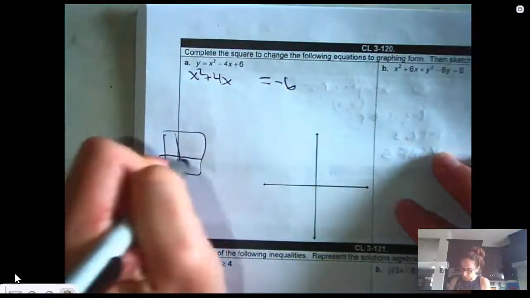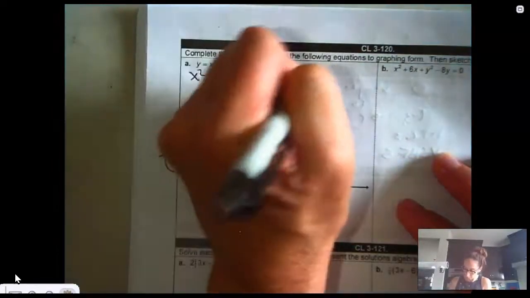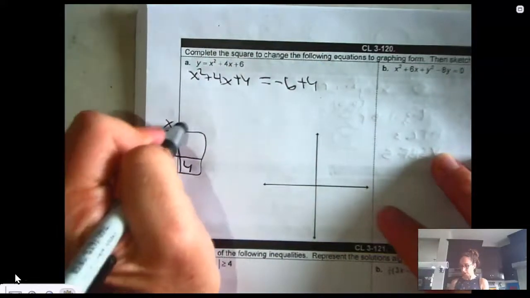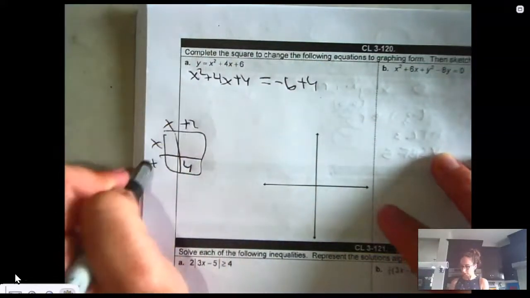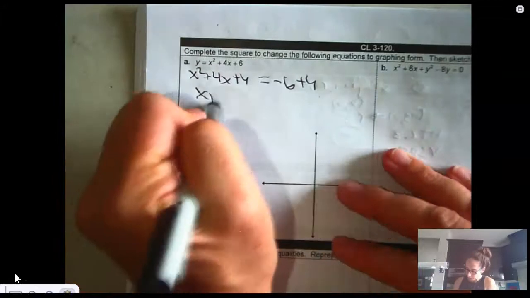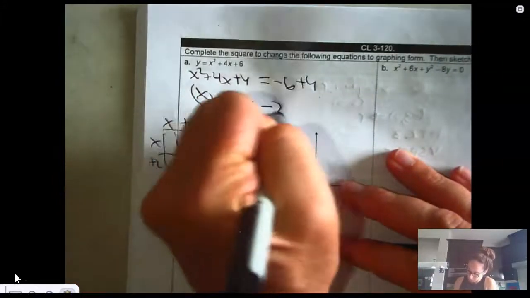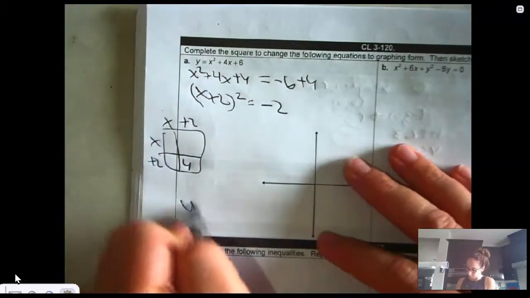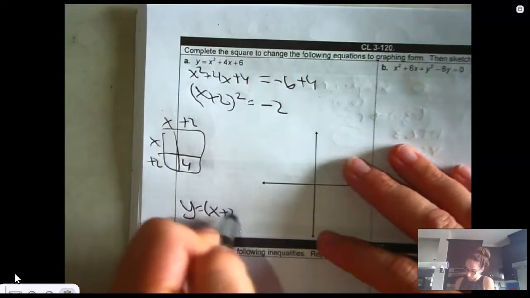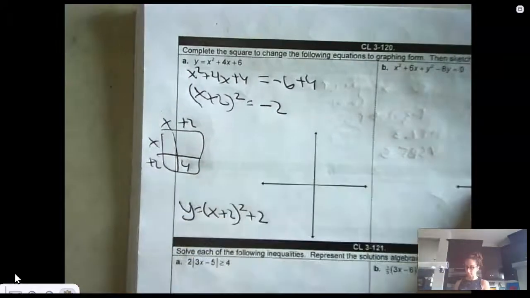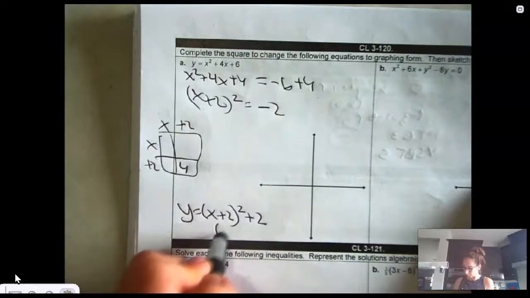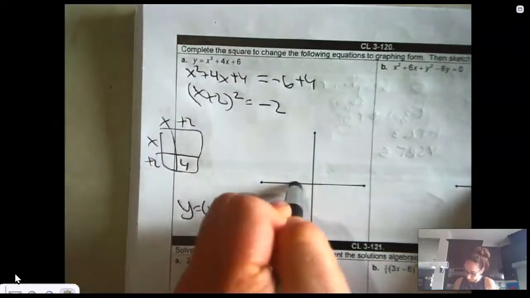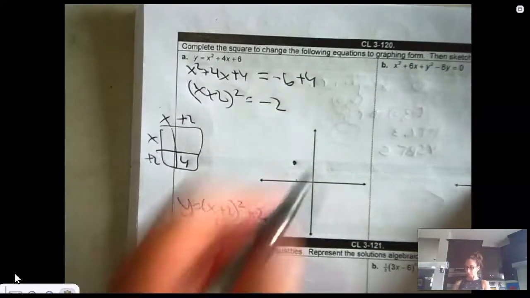Complete my square, I get 4. You can do that on your own, you know how to do that. This is x plus 2, x plus 2. I end up getting x plus 2 squared equals negative 2. So in vertex form, okay, that means the vertex is negative 2, 2. This graph is going up,